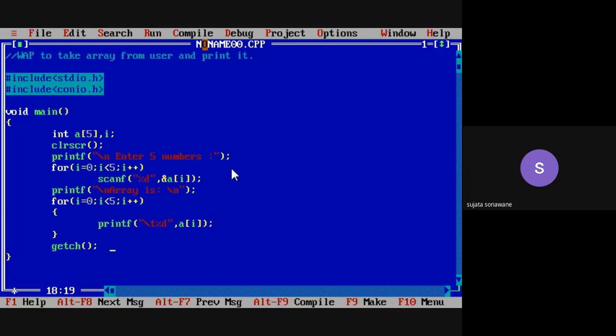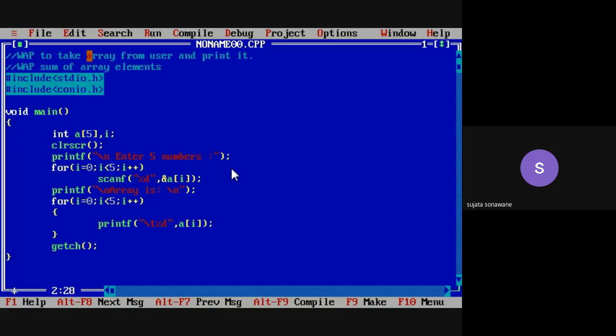Now the second program. Within the second program, we will write a program for the sum of array elements. It means however many elements there are, we have to add those elements.